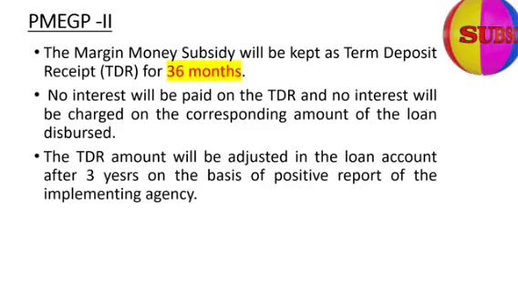So this is about PMEGP 1 and PMEGP 2, especially from the exam point of view. And in your routine banking also, wherever we have given PMEGP 1, we can explore the possibility of PMEGP 2 also. Then the next scheme is DAY-NRLM. Again, we will start with the full form. What does DAY stand for? Deen Dayal Antyodaya Yojana, National Rural Livelihood Mission. Same 3 to 7 years repayment period in PMEGP 2 also.